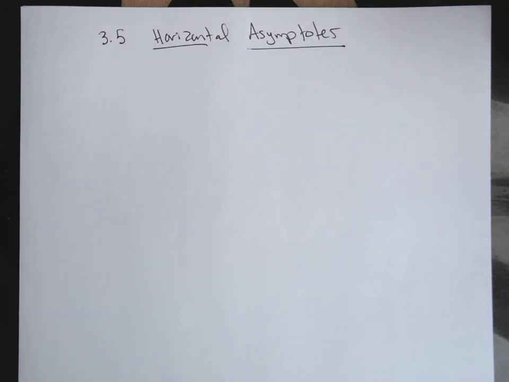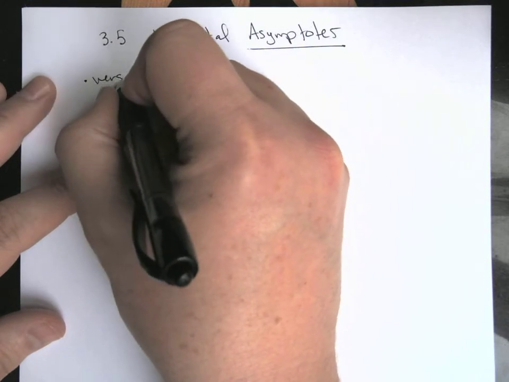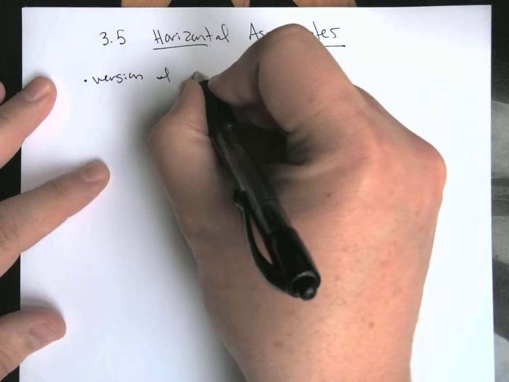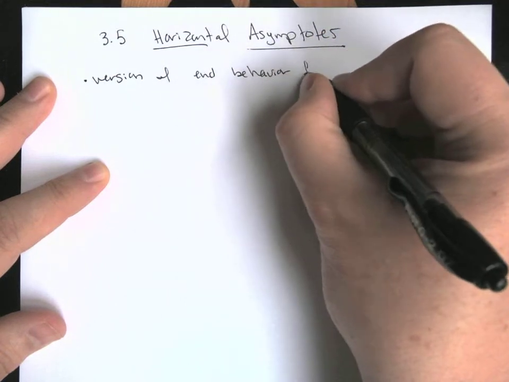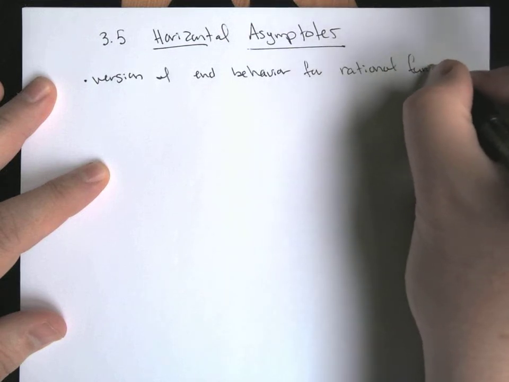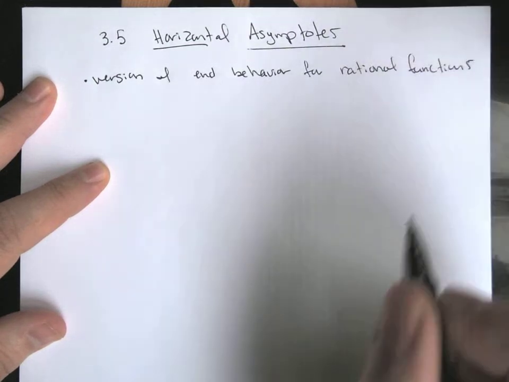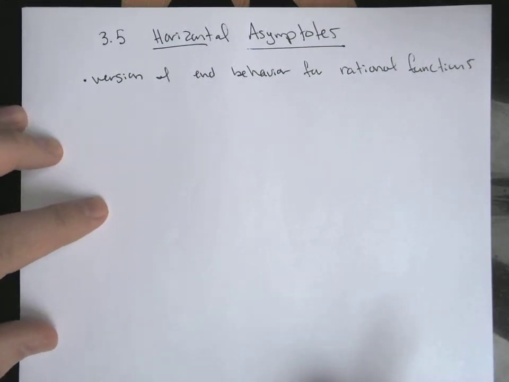Once we've done vertical asymptotes, the next thing to look at are horizontal asymptotes. And this is more generally, for us, essentially a version of end behavior for our rational functions. And so it's going to have that same kind of multiple case breakdown, and the different cases are going